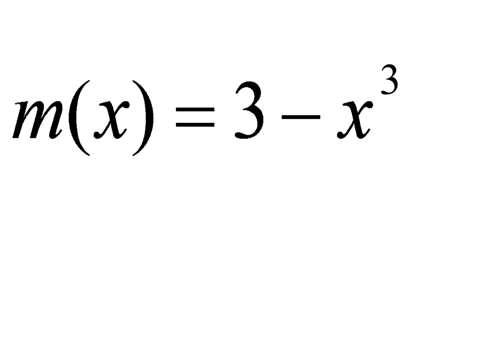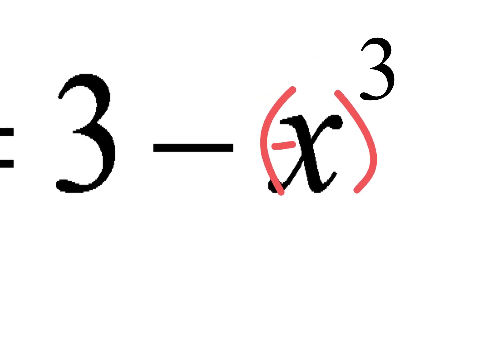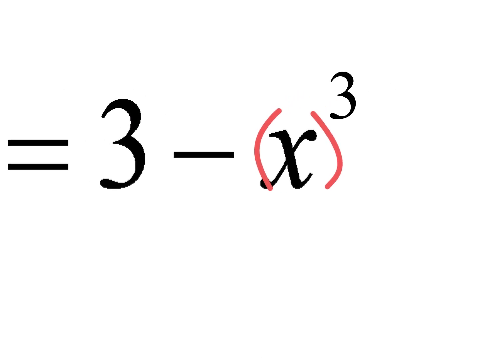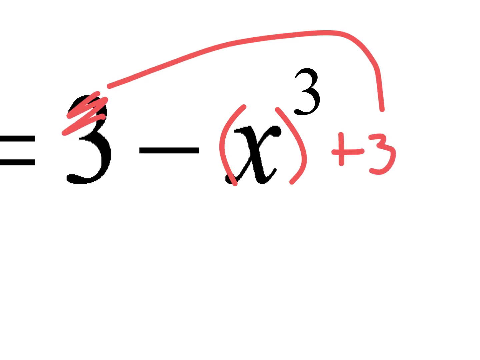So now I also get this. People are like, oh, so the negative is in the inside of this thing. No, it's not. That negative is not on the inside. The inside is by the x. I'm going to start saying inside with the x, because if it was in there and there was a negative, it would be different. That negative is on the outside. That 3 really ought to be moved to the end and be a positive 3. And then it would be more obvious that that negative is on the outside. Now, given that,